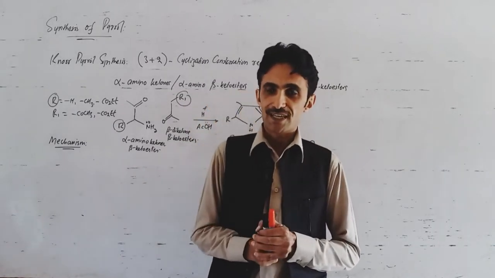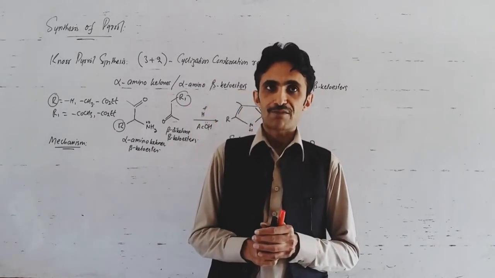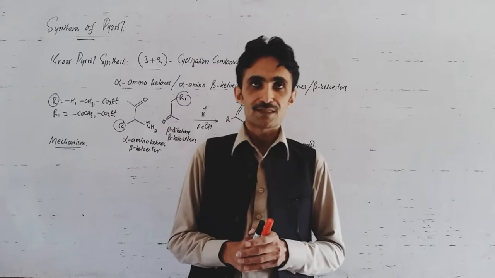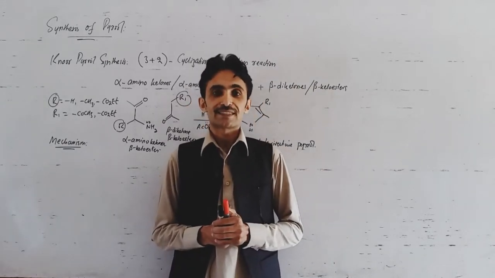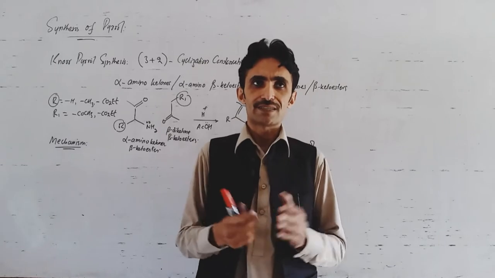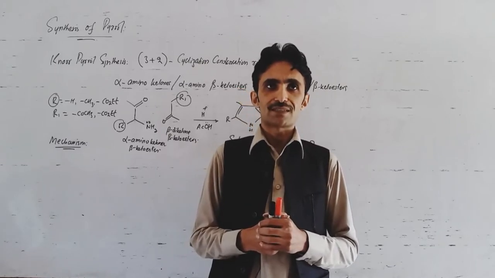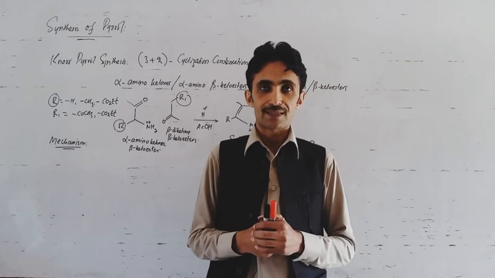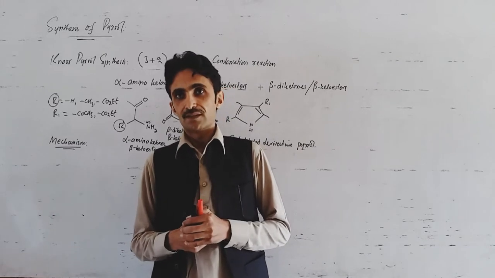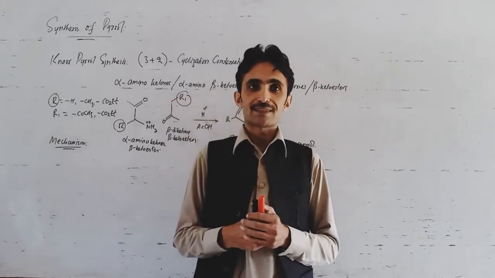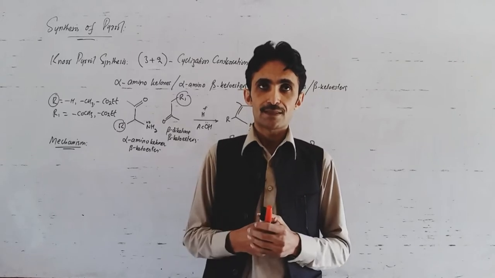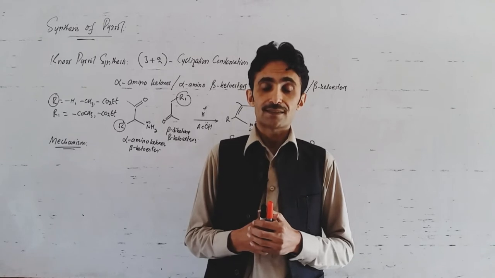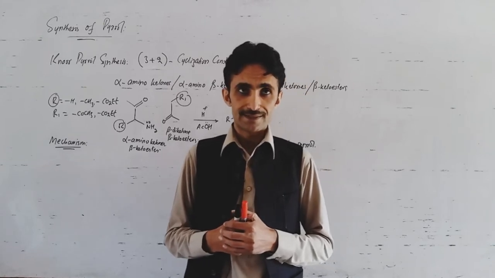In our today topic, we are going to focus on the synthesis of pyrrole through the Knorr pyrrole synthesis technique, which is basically a 3+2 cyclization condensation reaction, especially all those reactions in which the reactant undergoes the chemical transformation through a cyclic transition state. It gives rise to formation of a cyclic molecule. So basically pyrrole is synthesized by the cyclic technique, which involves a condensation step. So that's why we call it 3+2 cyclic condensation or cyclization condensation reaction.